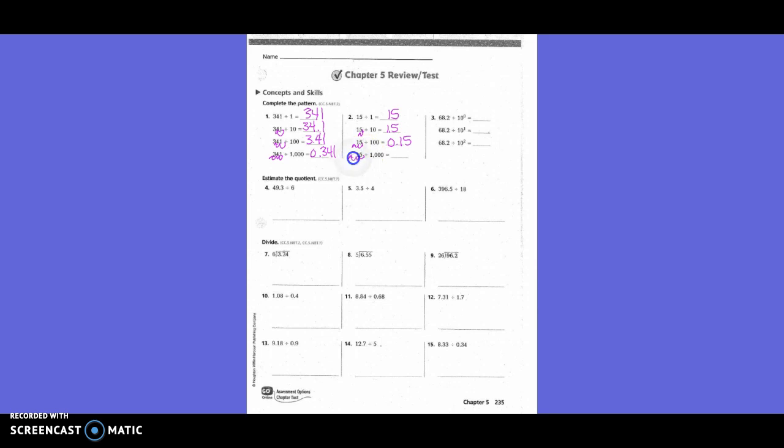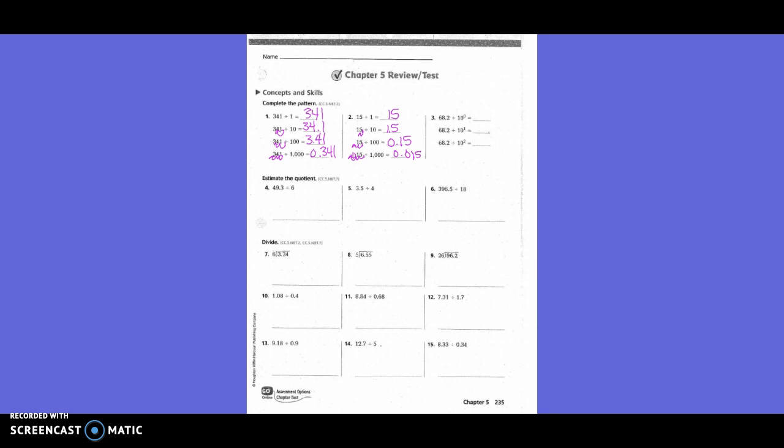And I don't have enough place values there, so I need to add in a 0. So my answer is 0.015. Now, you guys, in order to show your work, it's basically just the looping, right? Yep. Now, on this next set, we have to do a little bit more work because 10 to the 0